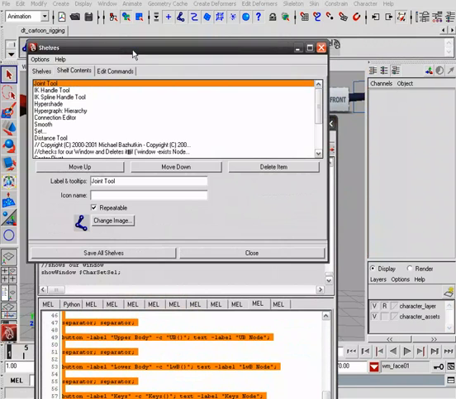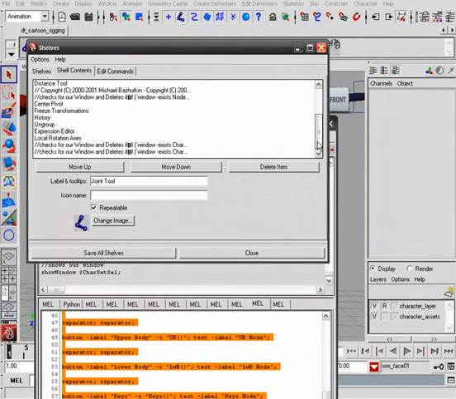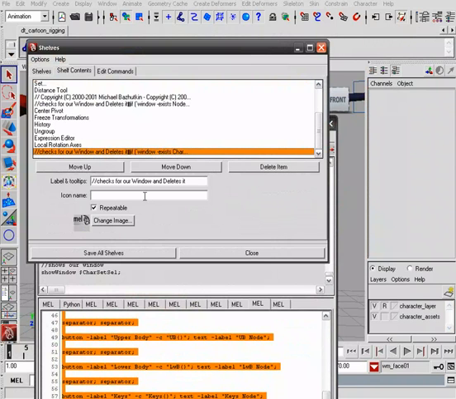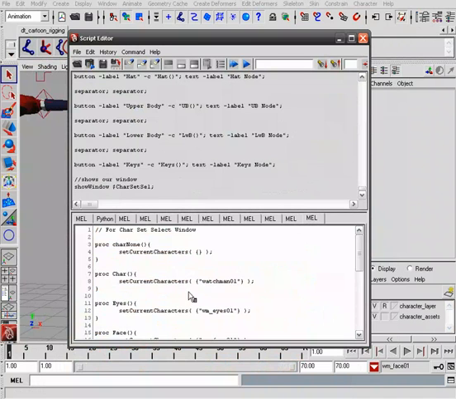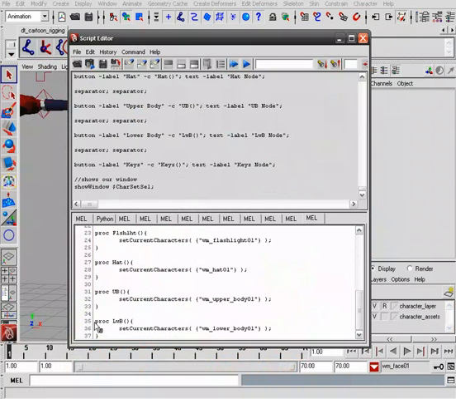We'll go to our shelf. We'll go to the line just above that and say delete item. Now the line right under that for our actual set, we'll call that CSS again, just to update that. Then we'll go ahead and make a procedure. So we'll go right to the bottom, copy our last line,